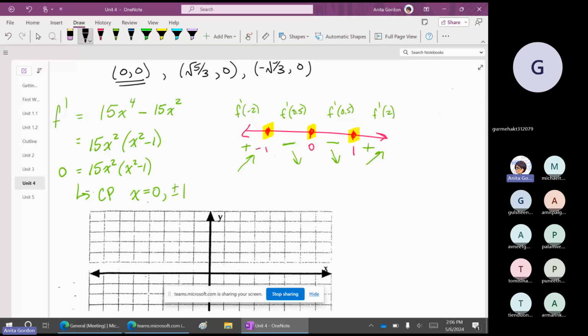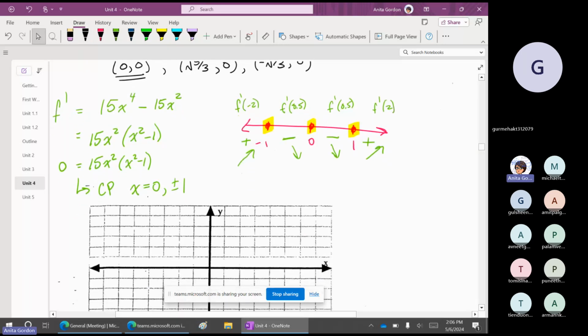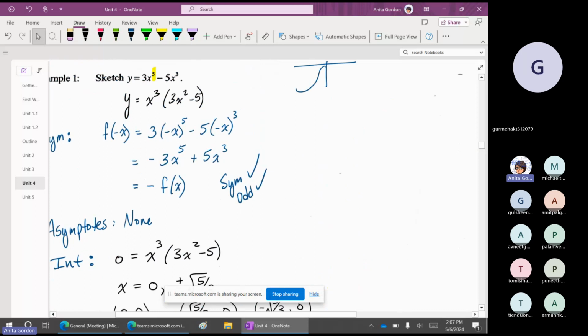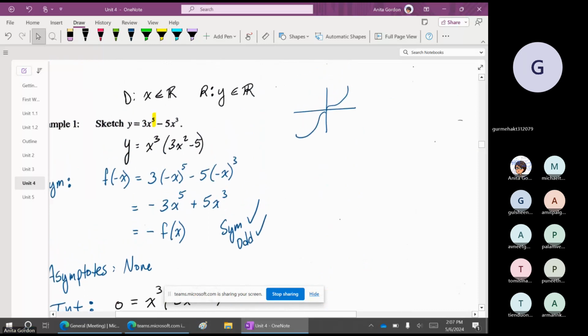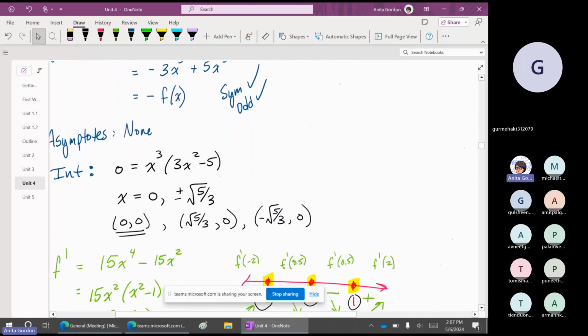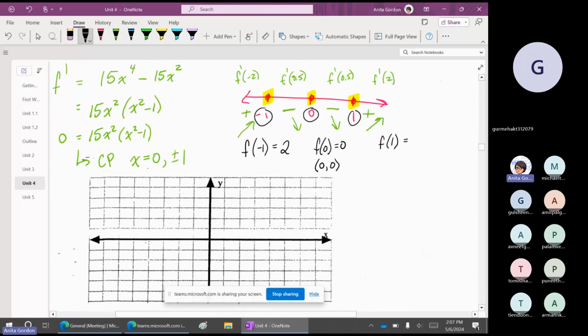What I'm going to do is put this into f, the original function. Let's figure out what these coordinates are. Zero, 0, we already know. If I put -1 into my original function, what am I going to get? -3 plus 5. That gives me a 2 here,